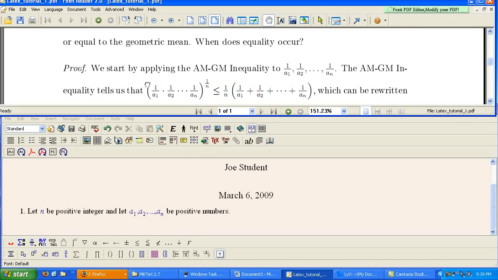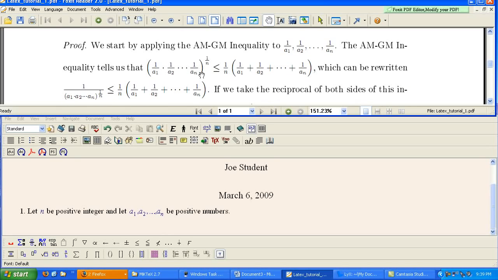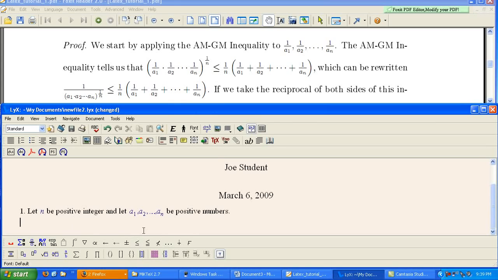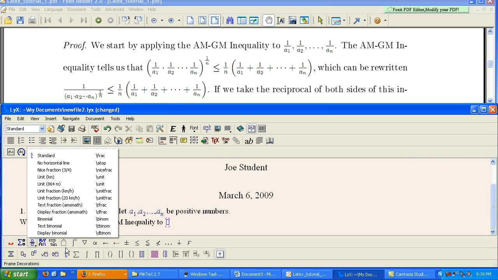If we look in the tutorial PDF, we've got a lot of math type stuff in the proof. So I'm going to go ahead and start typing that up. Okay, so now I need to insert 1 over A1, 1 over A2 through 1 over AN. So I hit Control M. I'm in a math object. I want a fraction. I can either go right here and choose my fraction type, or I can